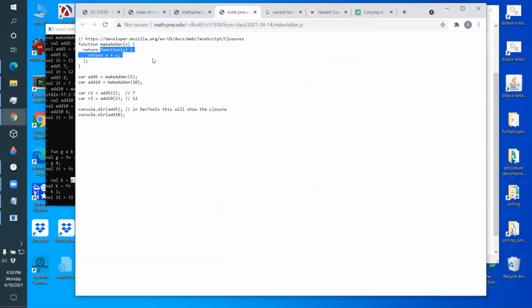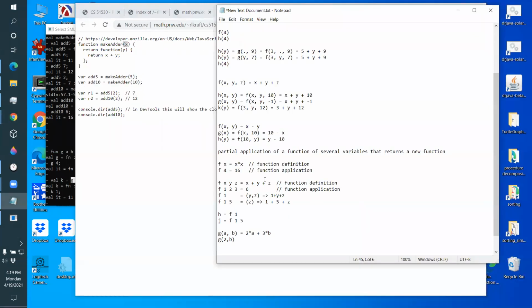MakeAdder was the whole point of MakeAdder was to introduce closures. When you return this function, it has to remember that guy in its closure. This function is open. The x is a non-local variable. This function has a non-local reference that's closed by this one. Okay. In our curried functions,